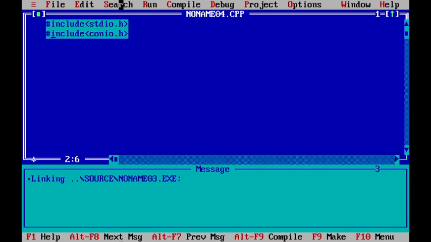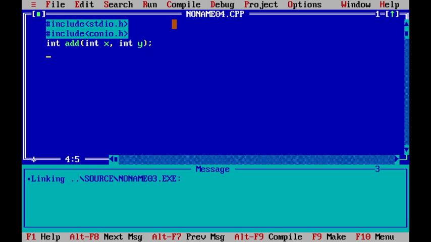Since we want to return with argument, we define here int add, int x, int y. Since it is user defined, we are going to write the definition later on.